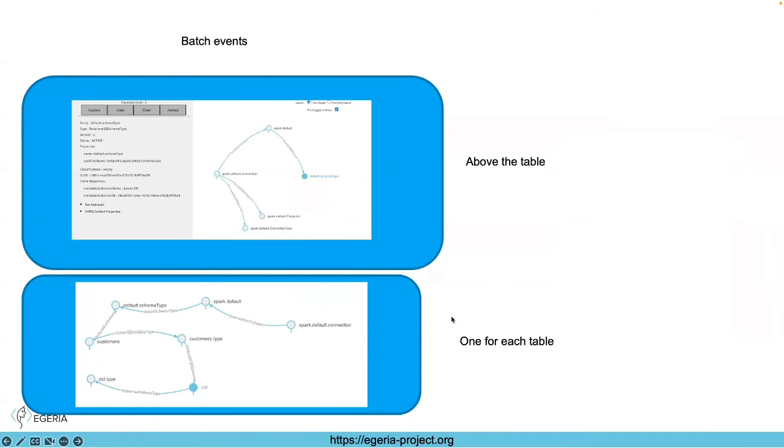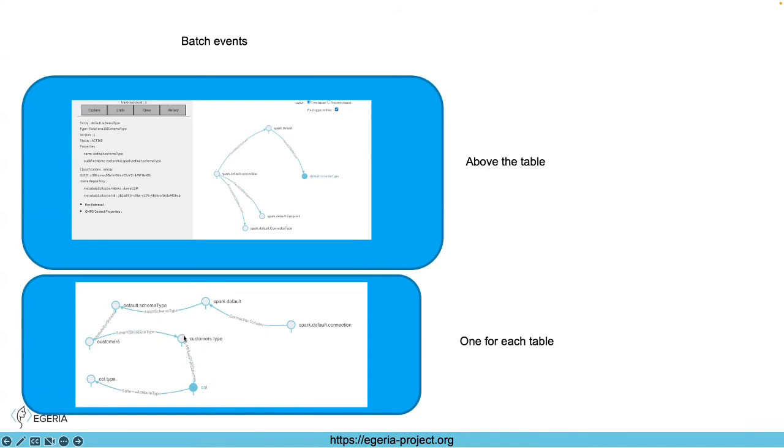So then we have another event which has all of these relationships and entities for the column and the table. And here, if you're familiar with the type system, you'll probably think this doesn't look quite right. This is actually using the deprecated types.